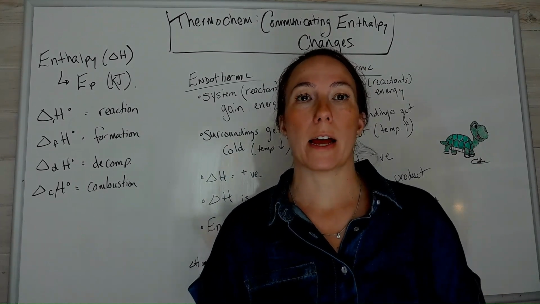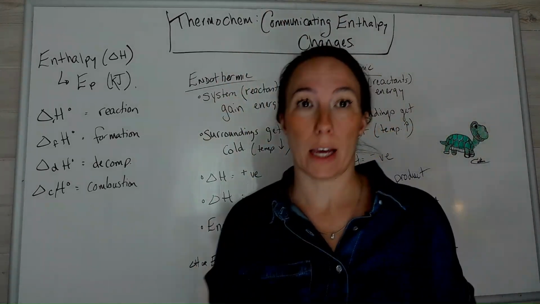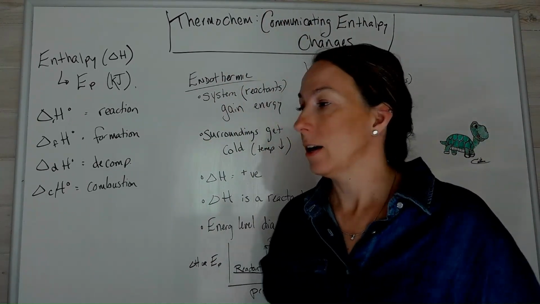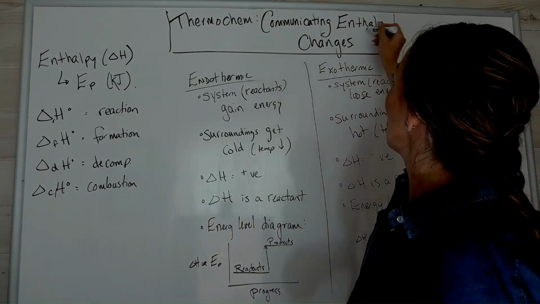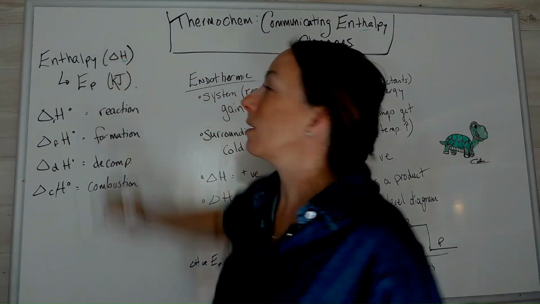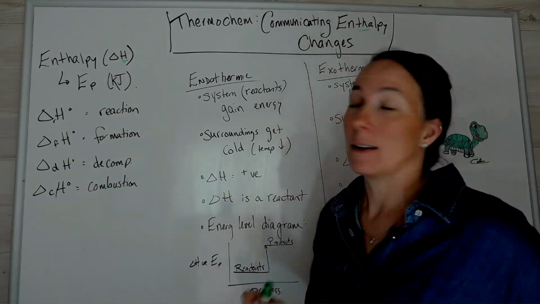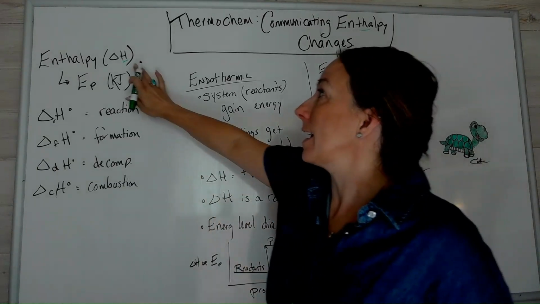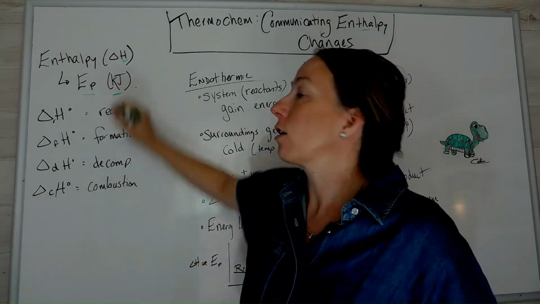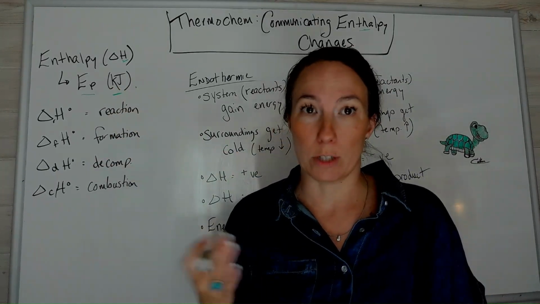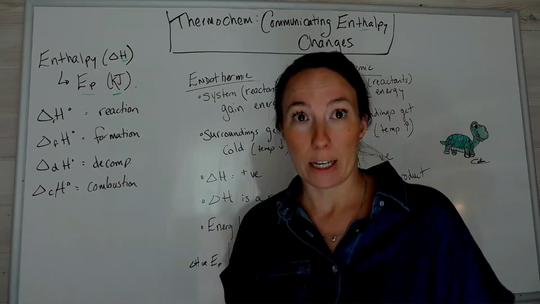The next part of thermochem that I want to talk about is enthalpy and how we communicate this new word. Now, enthalpy has an H in it, and I don't know if that's why they decided to give the symbol for enthalpy an H, but that's what they did. Delta obviously means change. It is an energy, a potential energy, and therefore, like all energies, it is measured in joules, kilojoules, gigajoules, megajoules. The most common is going to be your kilojoules